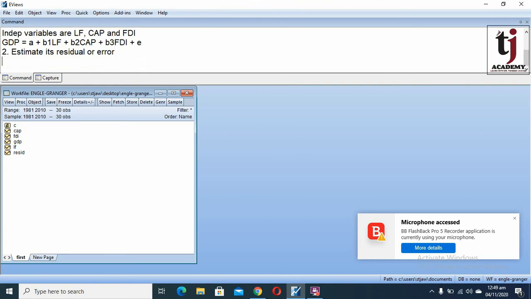Then step 3, apply a unit root test on error.